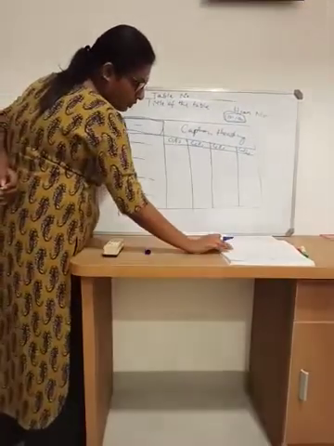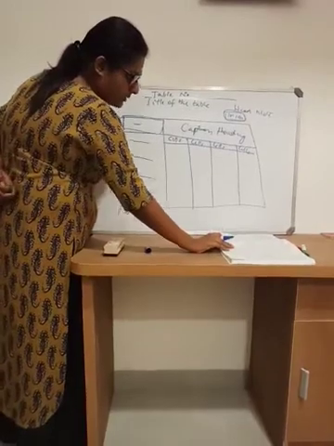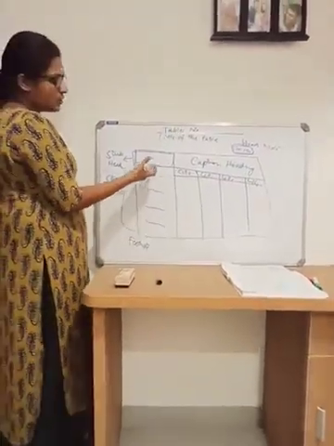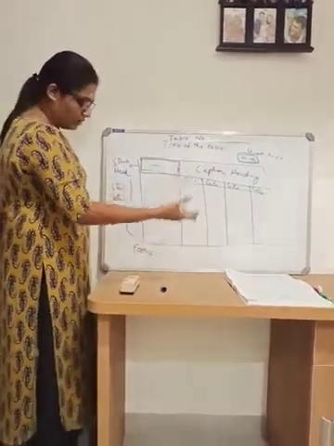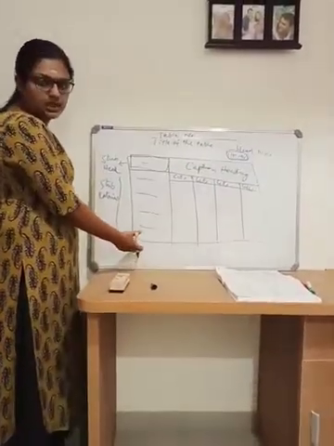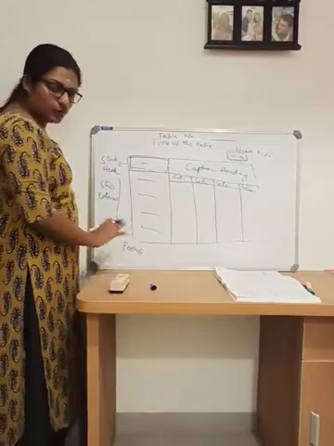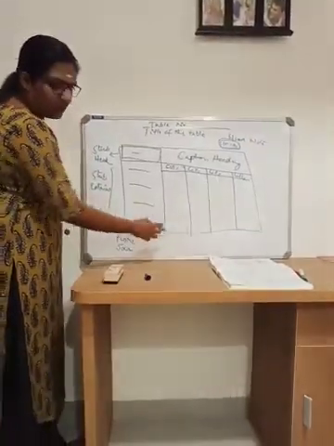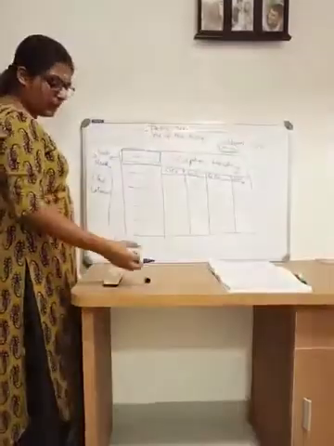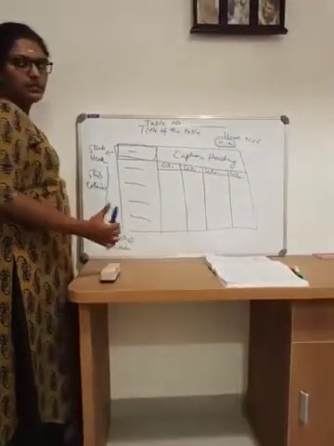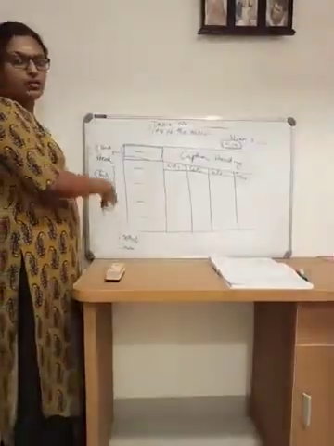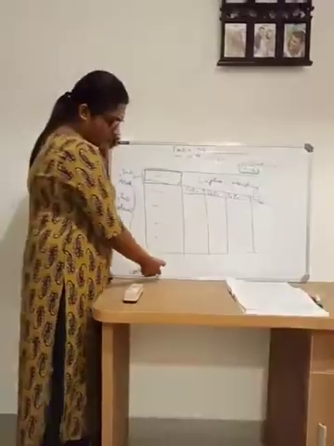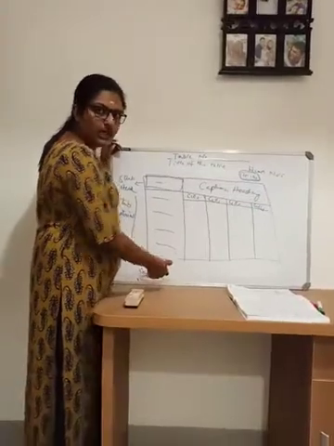Footnote will come. This is actually supplementary, because you are using some abbreviations here. So you will give the details of the abbreviations used here. That is the footnote. Then the source. From where you have taken this table. If you are preparing the table yourself, you will write self here. If you are taking it from some other institutions or organizations, you will mention from where you have taken that table.